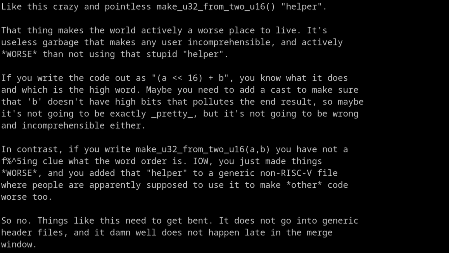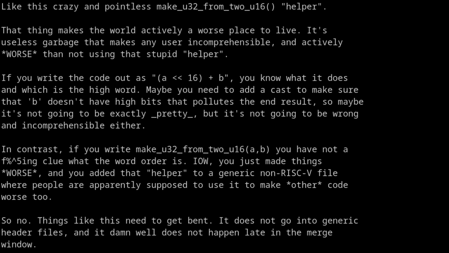If you write the code out, you know what it does. Maybe you need to add a cast to make sure that B doesn't have a high bit that pollutes the end result, so maybe it's not going to be exactly pretty, but it's not going to be wrong and incomprehensible